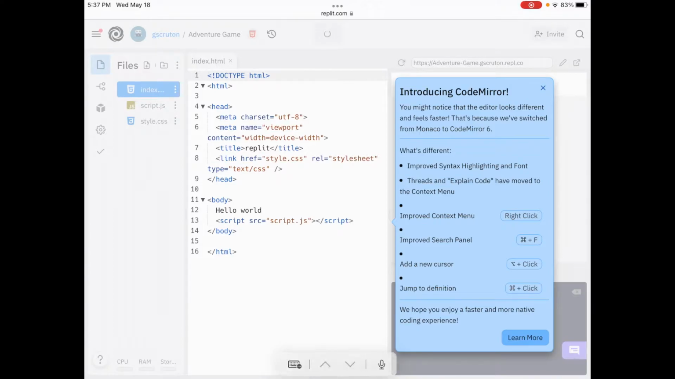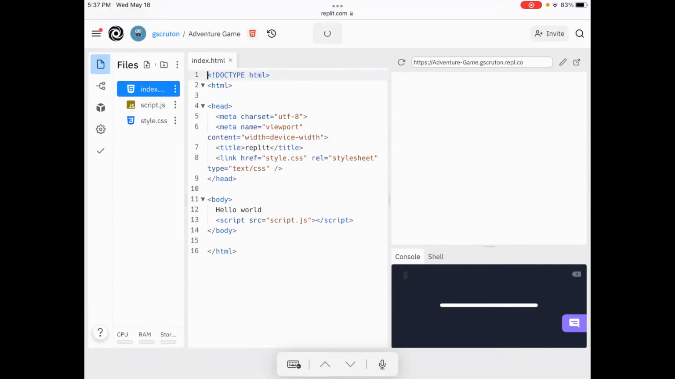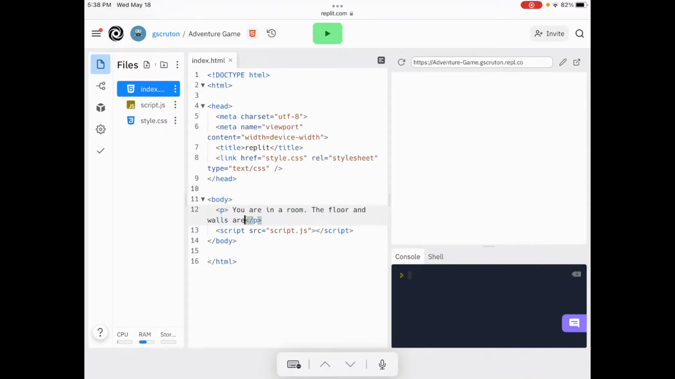Here we have our code being generated. And I'm just going to get rid of that. I don't need that. Here's the code so far, and I have hello world. I want to get rid of that hello world. I'm going to put in a paragraph, P, like that. And I'm going to write, you are in a room. The floor and walls are made